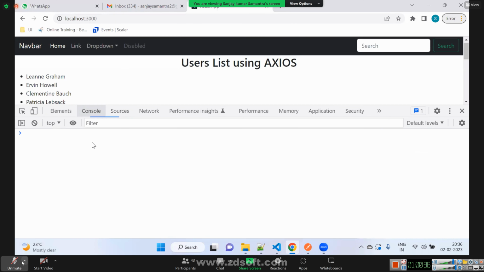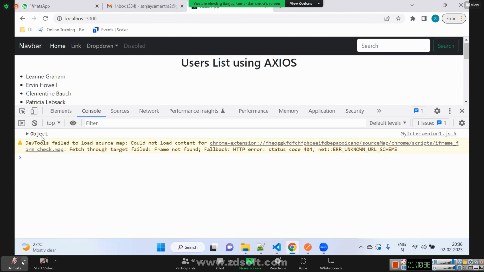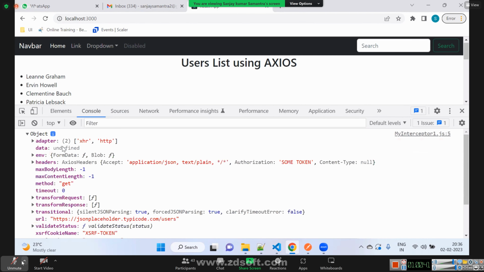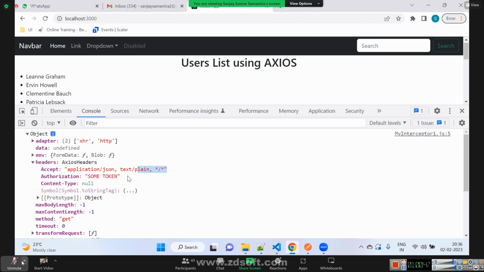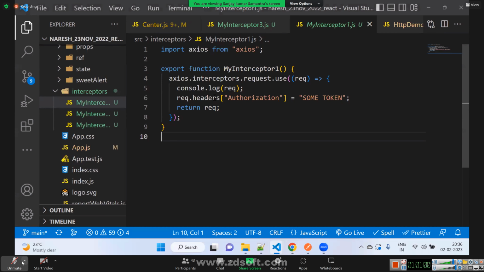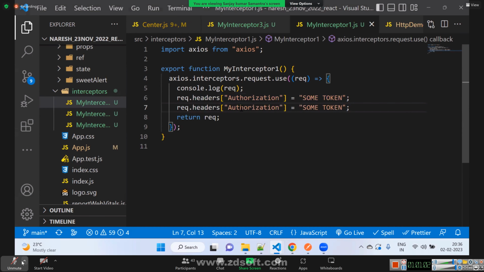So this is the original request object. In this original request object, we can add things. See, this was not there even, we added it. Headers was there, with authorization. In these headers, we can add a couple more headers. I will add another header. Let's say the header key is ABC and the value is XYZ.